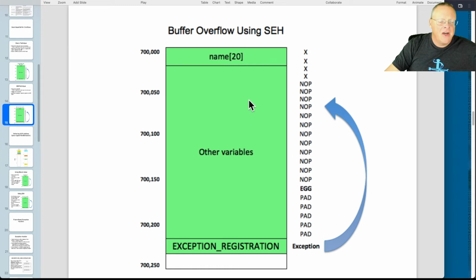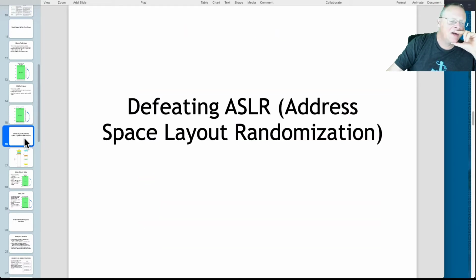So that's here. You flood this, and you hit the exception registration address, and you put a pointer there that goes back to your NOP and egg. So it's similar to the previous one. All right, so